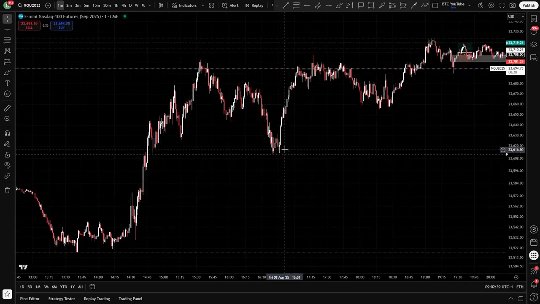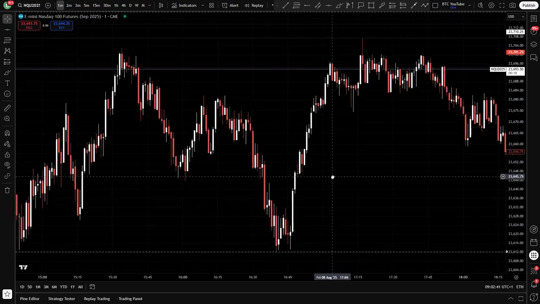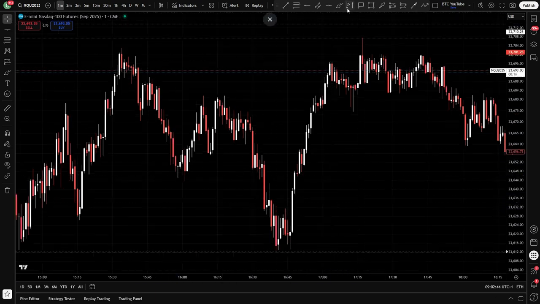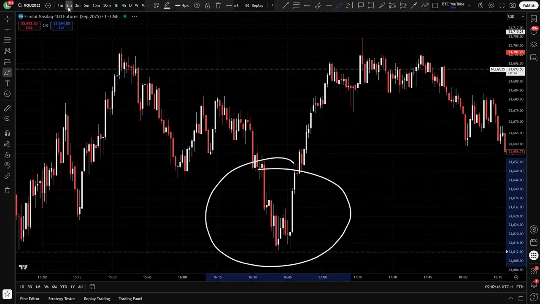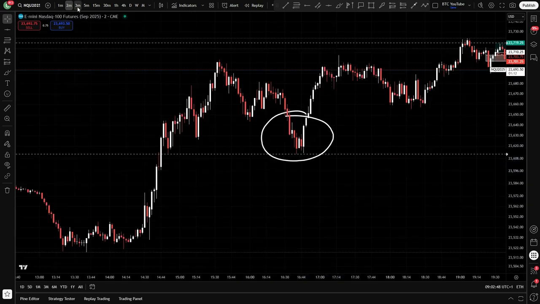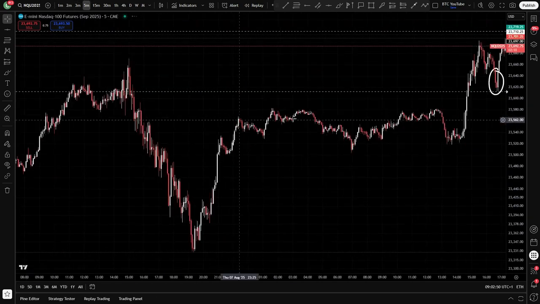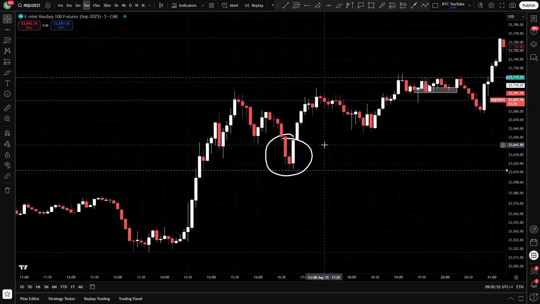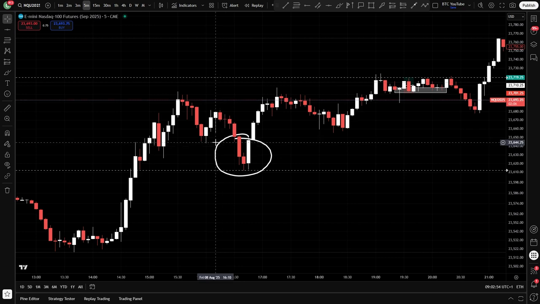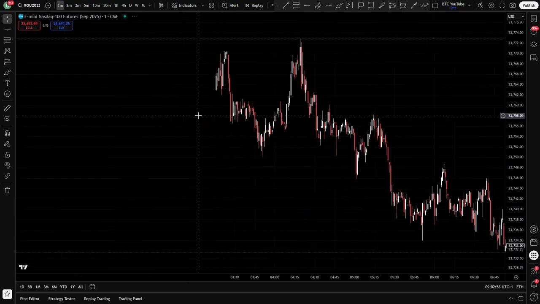There's a pretty good one here. If you take a look at the chart, I think this probably would have been, let me just circle this so I can see, there probably would have been a better entry on this. Let me see if we've got a 5 minute here. Yeah, I think this 5 minute probably would have been the entry, but you still could have took this on